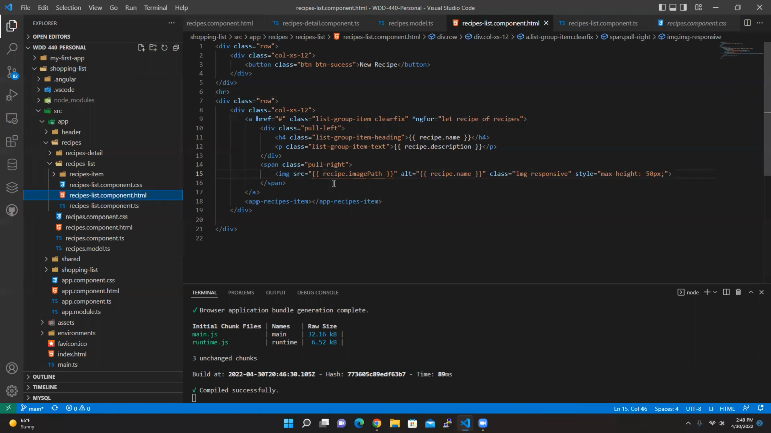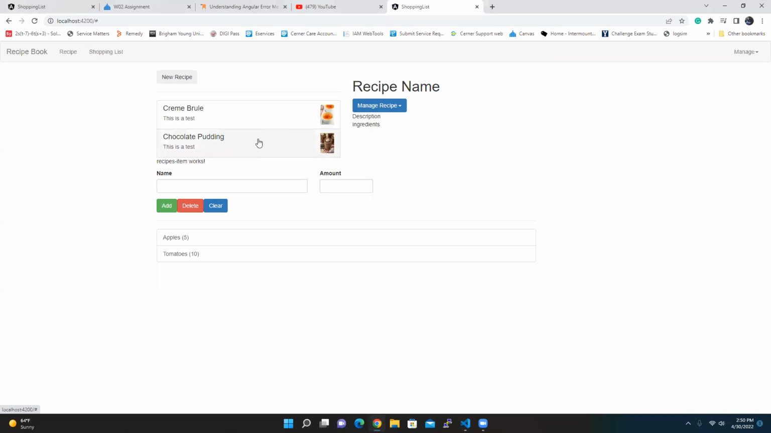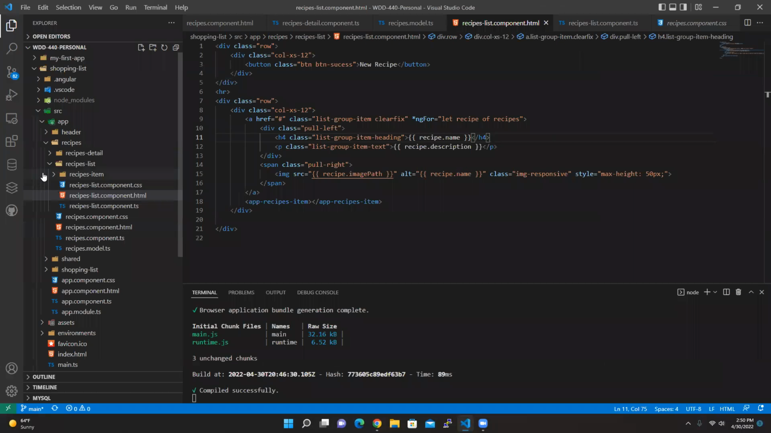And then we put the recipe name, so we know which image is going to bring it up. And then for the classes, we put just image responsive, and that's a Bootstrap class. And then we set the max size for it. So if we go over here, we have all this, and it's not linked to anything. And also we created